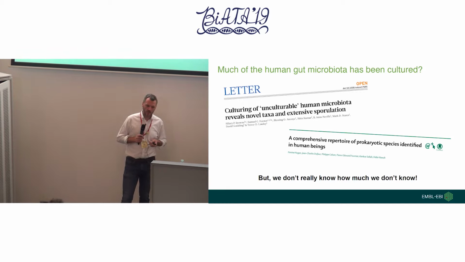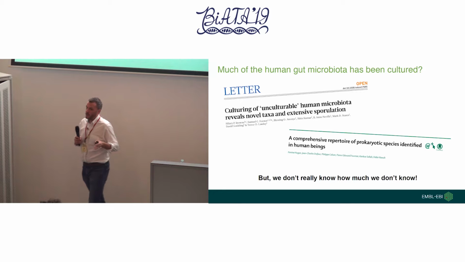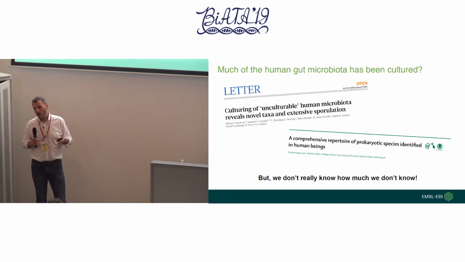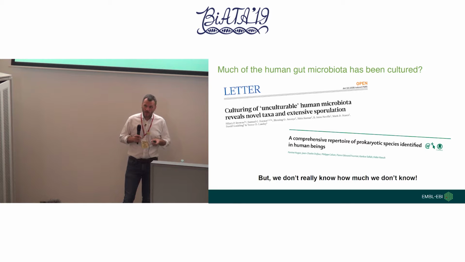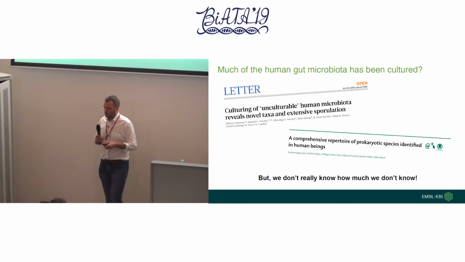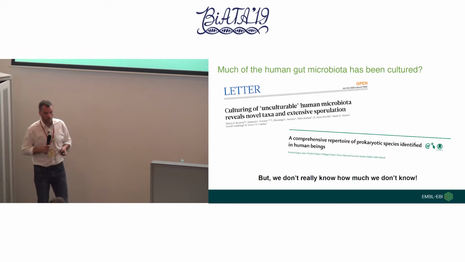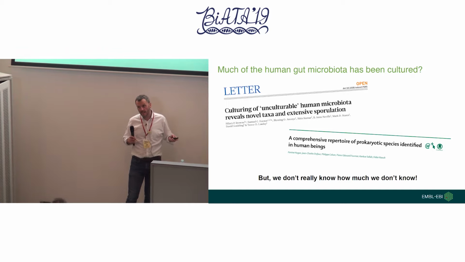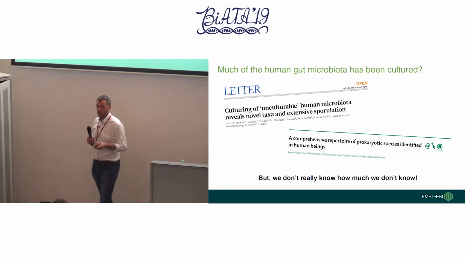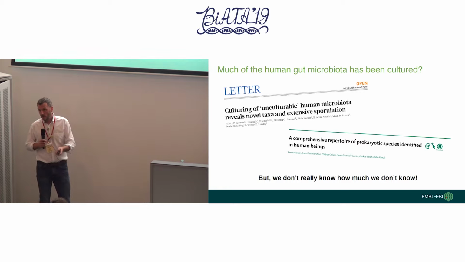But the question we really wanted to understand is, okay, how many more? If you take an average adult individual, there are about 400 different species in their gut microbiome. We've seen multiple collections come out, but each time these collections come out, there's a new wave. But how many of those organisms are left to actually find and identify? We don't really know. We know from 16S we have an idea, but generally 16S doesn't give you enough resolving power to get down to species level, let alone strain level.